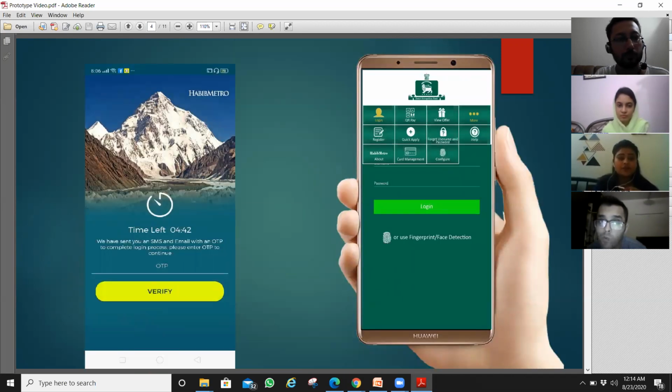This is a comparison between the HMB app and the prototypes that we have created. In the first picture, you can see the current HMB app. After you enter your username and password, it leads you to a page which generates an OTP, and you get a message with an OTP code, and then you have to verify your account. But in the prototype that we have created, it already shows so many options, like you can register for web banking or mobile app, and if you forget your username and password, you can change it from here, and you can also access help option and card management.